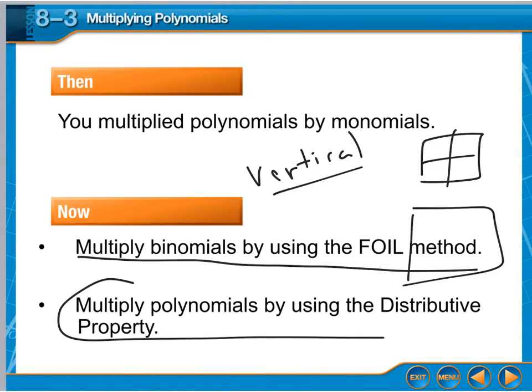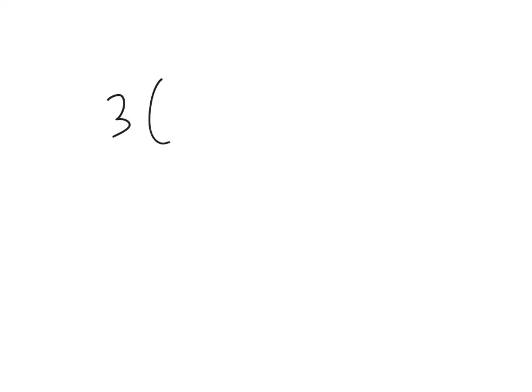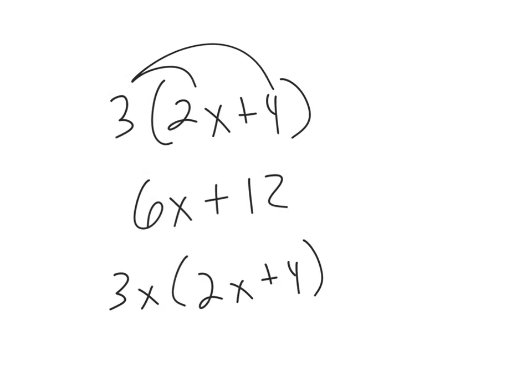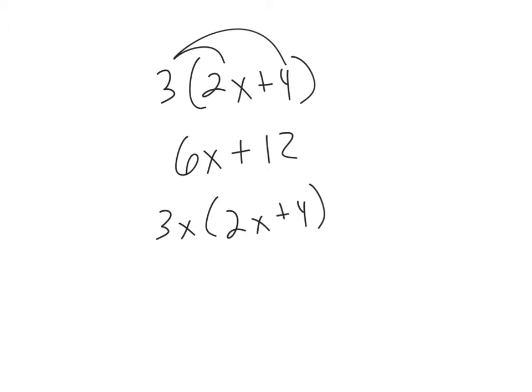And this part here is kind of what we're skipping, so I'll just show you that real quick. We've done this in a lesson before where we have 3 times 2x plus 4, right? And you distribute, you get 6x, and then you get your 12. Well, what happens when there's a variable on that 3, say like 3x times 2x plus 4? Now we have to follow the rules that we had in chapter 7, where you add your exponents. So 3x times 2x is going to be 6x squared, and then 3x times 4 is going to be the